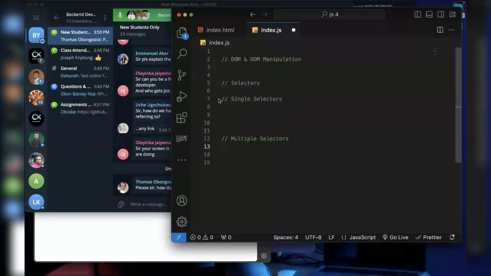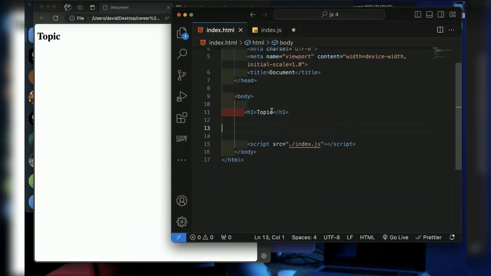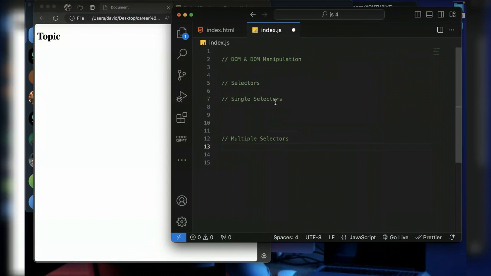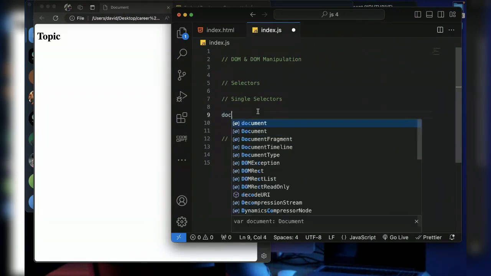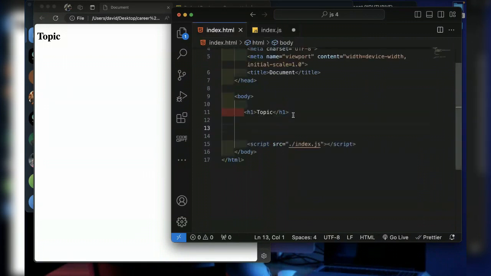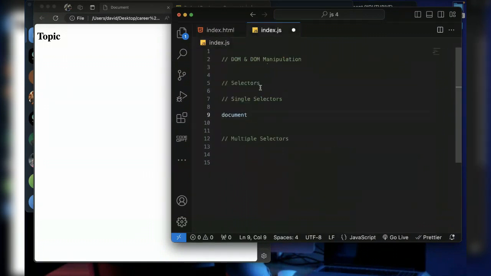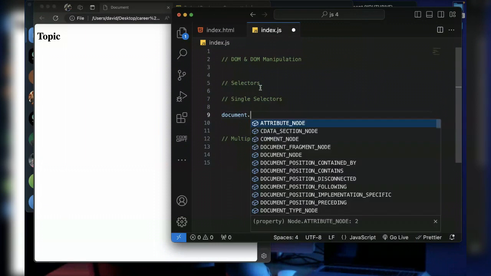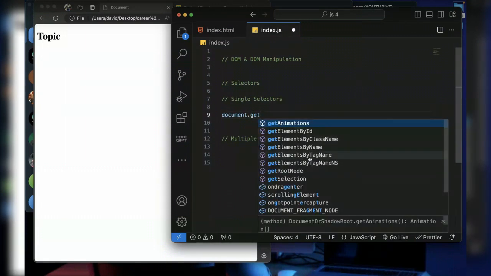So I want to talk about selectors and how to work with selectors. Let's say I want to select this HTML. The first thing I can do is to actually call the document. Now, the reason why I'm calling the document is because I want to select from the document. But I can actually go by saying getElementsByTagName.